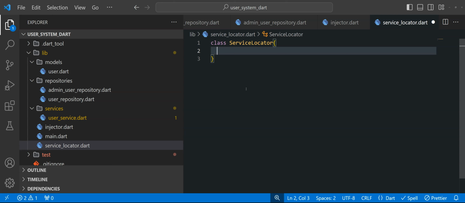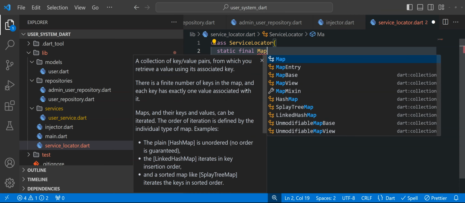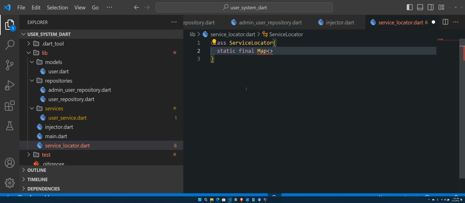The service locator is one of the simplest things. It's just defining a map of different types, and you're registering and getting. Should we use a singleton or a static? Let's just use a static for now. We have a map. We need a variable where you register all the services. So this is a map of type